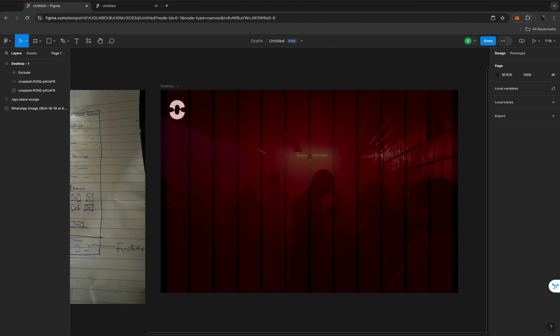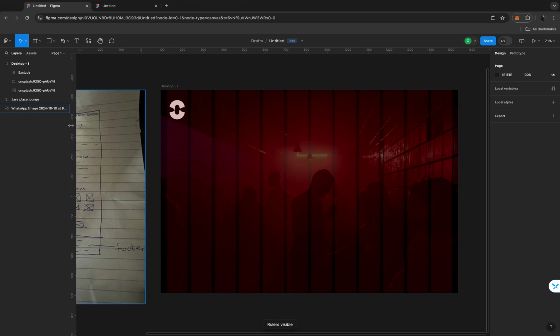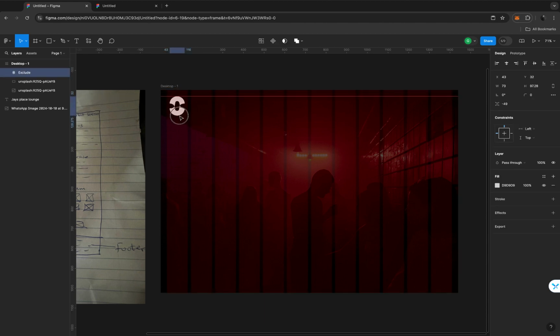Okay, so once I tap shift arrow, you can see my ruler has appeared on my top and my left hand side. All I need to do is just drag down the ruler from the top to somewhere I want to use. I like to make use of rulers because it helps me to be in check, because remember